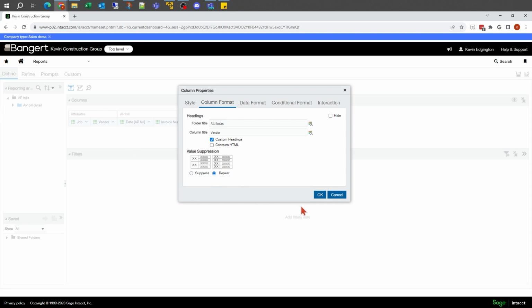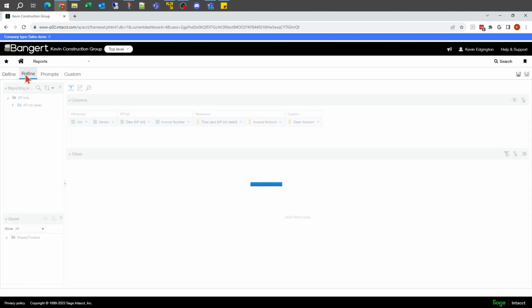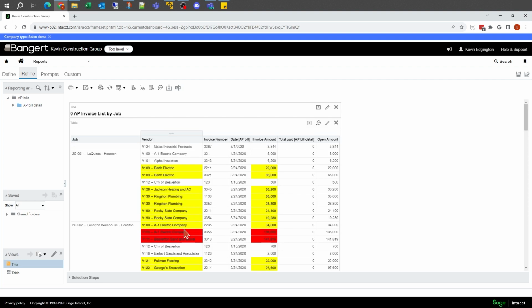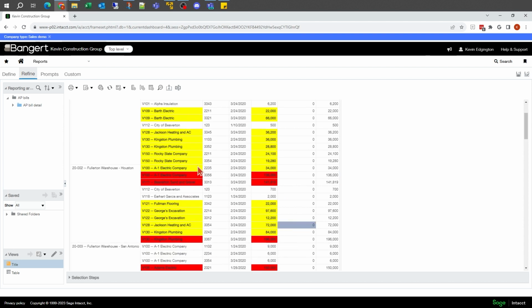I did want to repeat it. So let's say I had it repeated then. So now you notice that A1 electric is no longer red for both of them because it's not looking at the total of those. So when you do something on a field that is being grouped, you do have to kind of watch out for that a little bit because that color is going to try to go across the total of those. So that way it's once per that vendor for this particular job. So that's where those were kind of coming up before, where now they kind of match exactly with what the amounts are.